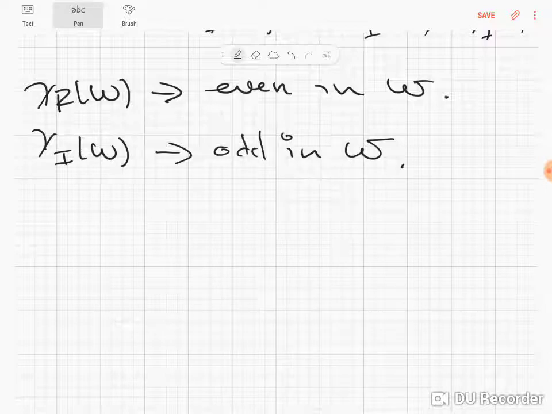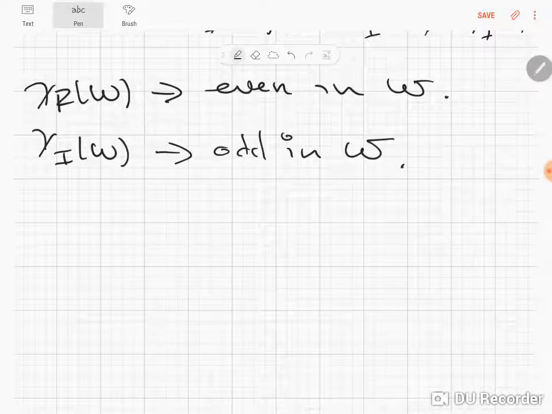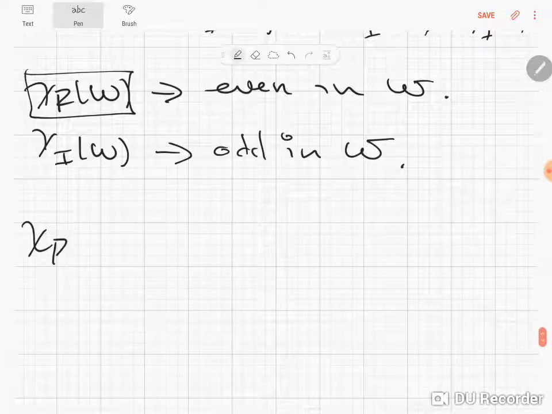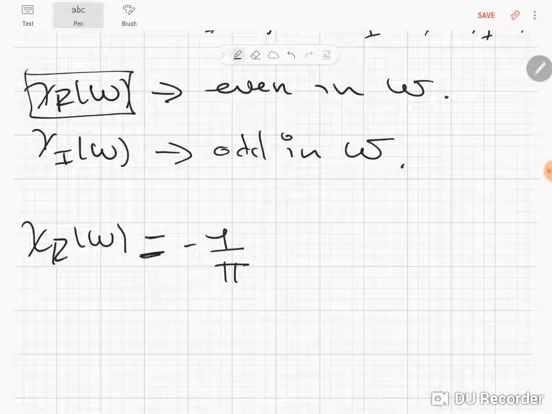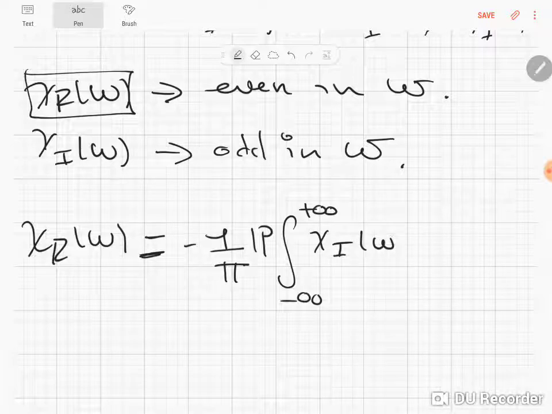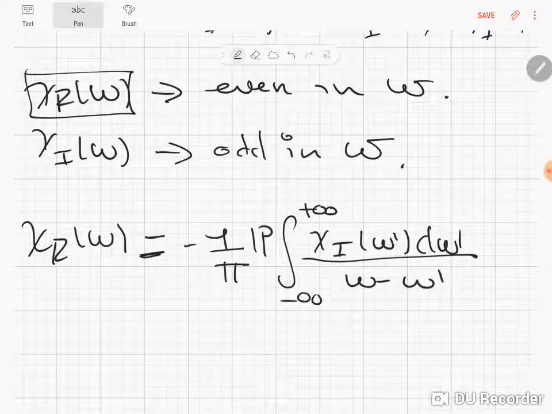Now, I said that this is an important symmetry for a simplification that we're going to make. What we're going to do is deal with some transformation that I want to perform on the real part of chi of omega. So then chi real of omega, we said that it was equal to minus 1 over pi, the principal part of this integral of chi imaginary of omega prime, d omega prime divided by omega minus omega prime. Okay,